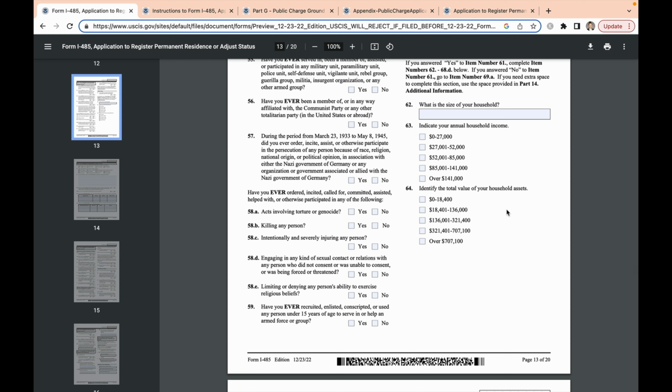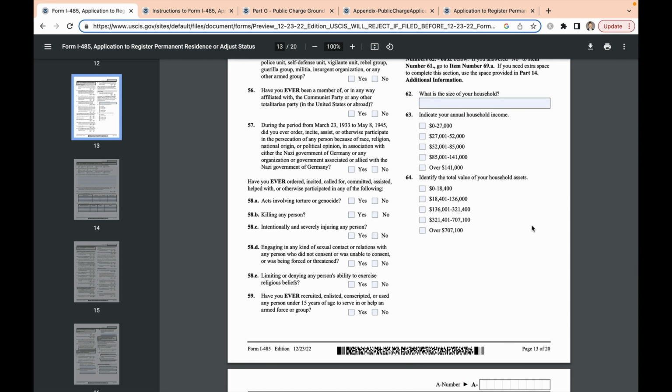And then annual income presumably means estimated current calendar year income rather than income reported on the most recent tax return. All right, so now question 64. Question 64 asks for the total value of the applicant's assets and provides 5 boxes depending on the estimated amount. The term asset is not defined, however, so the instructions only indicate that assets must be owned by the household